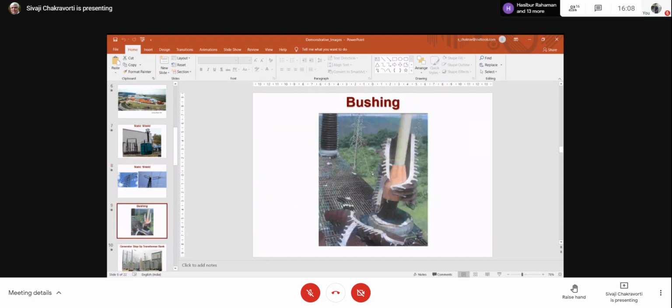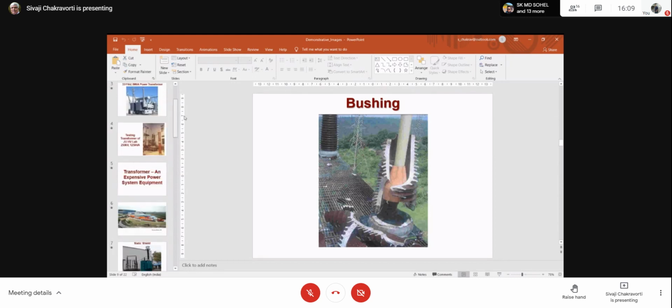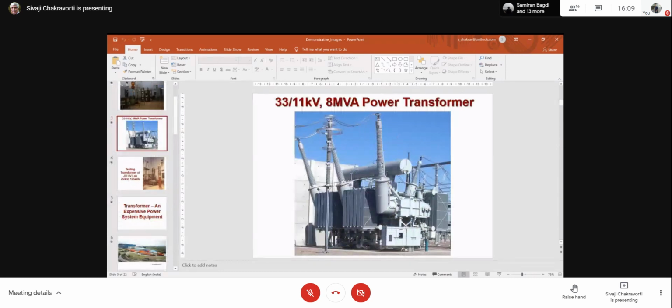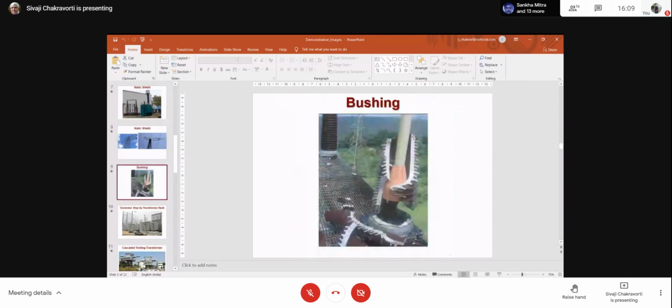shields. This is a bushing, a broken bushing. I have taken the photo intentionally, to show what is there inside. So what you see from outside is only called the housing of the bushing cover. That means the transformer I have already shown you. This one, what you see, is actually only the housing or the bushing cover. Inside is something like this. So this is the conductor that goes in, and the most critical part is where